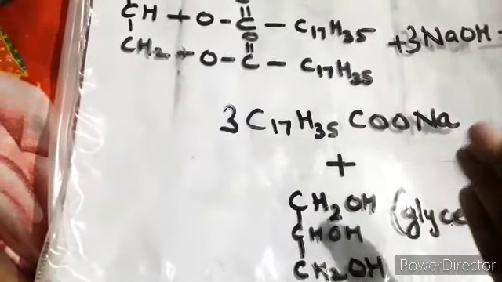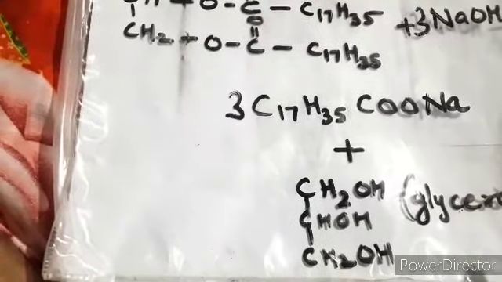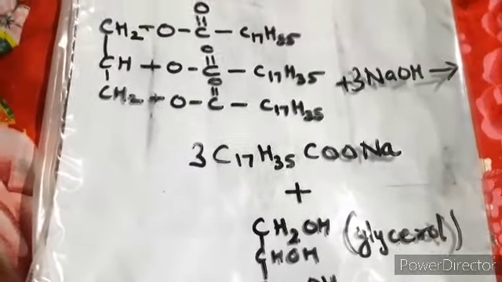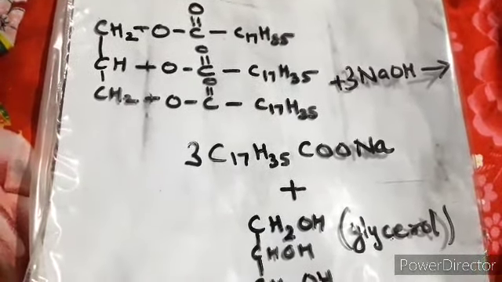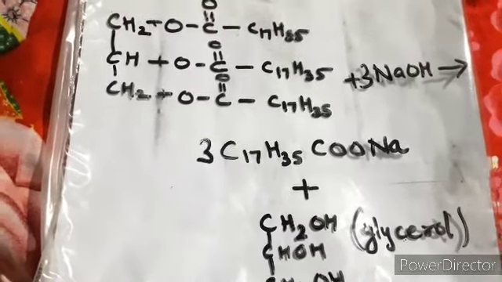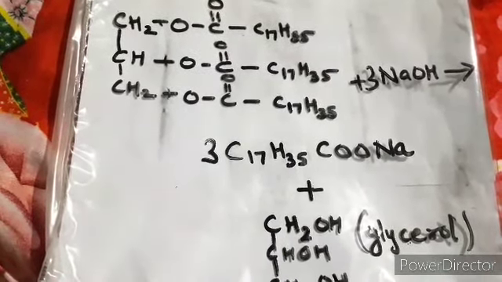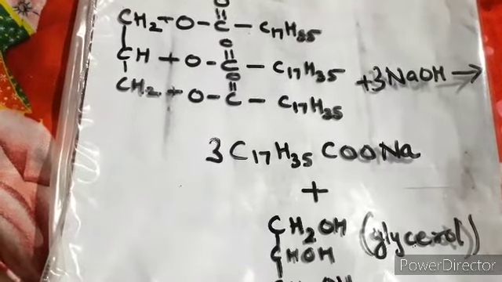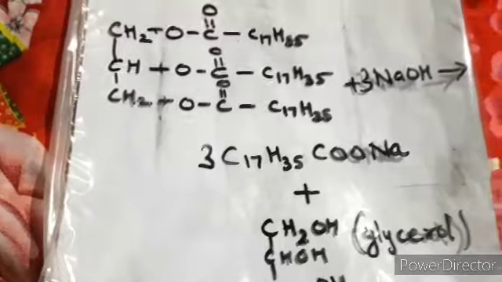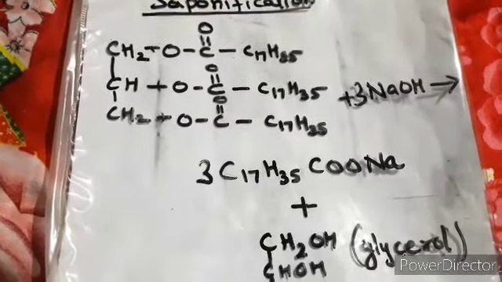Later on you can go for fractional distillation for the recovery of the soap, right, because it contains impurities also. So this way you will have a reaction, and you can see how the soap is being formed. After that we grade the soaps by adding different things, and different types of soaps are also available. Let's focus on that part.